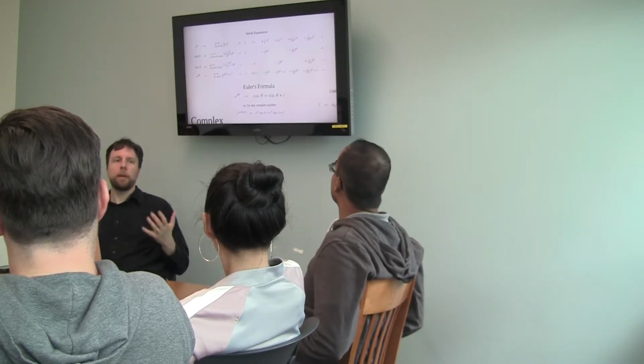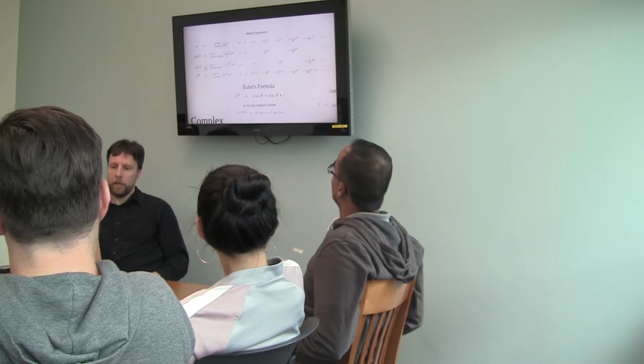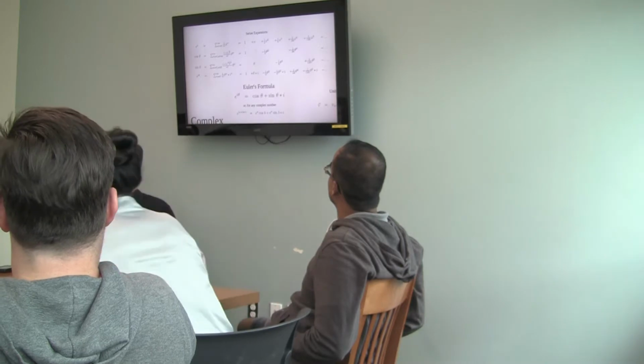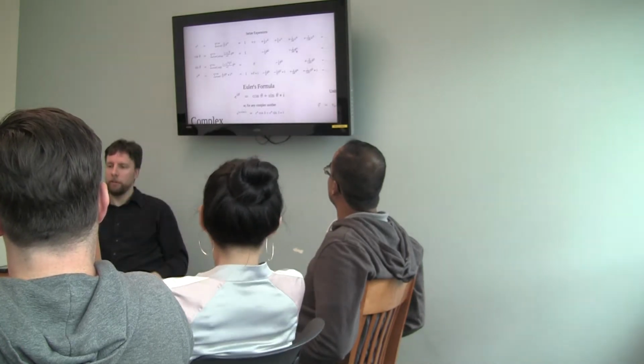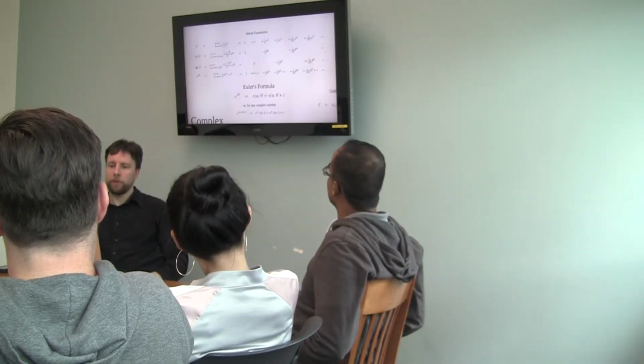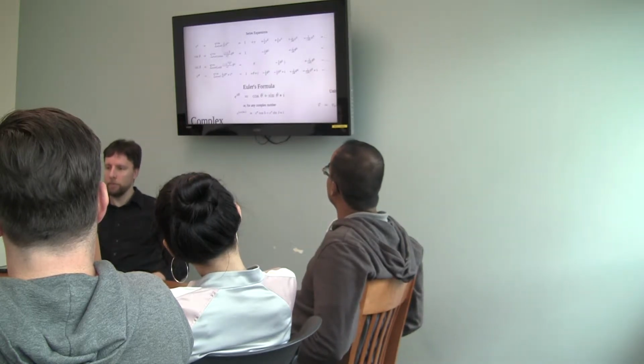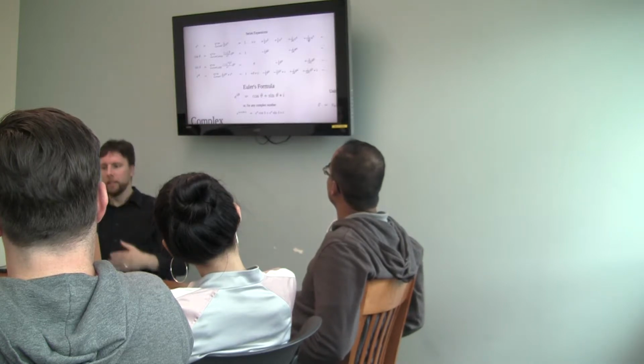If you do the same kind of expansion for the cosine of an angle in radians, you get a lot of the same terms, but some of them have a minus sign in front of them. And if you do the same expansion for a sine, you get other terms that are also very similar to terms you have in the exponential.